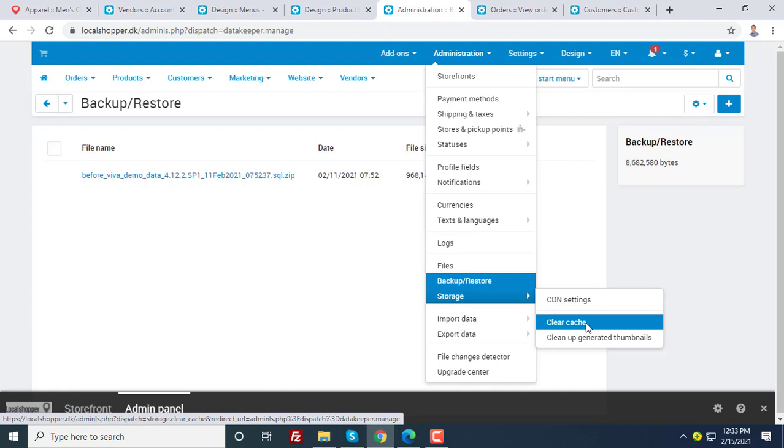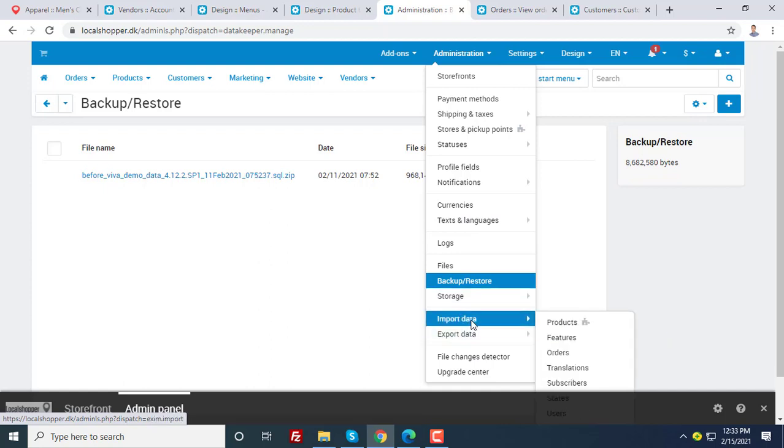If you do not clear the cache, then you cannot see updates in the theme, customization or other sections. Same like this is thumbnail generated. Next to the thumbnail, cache clear is in another section. Okay,